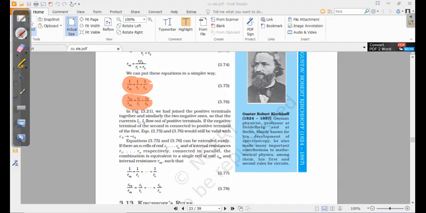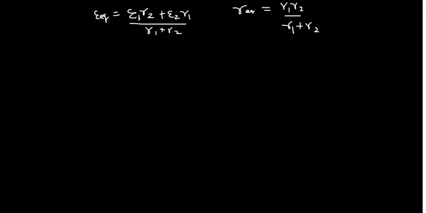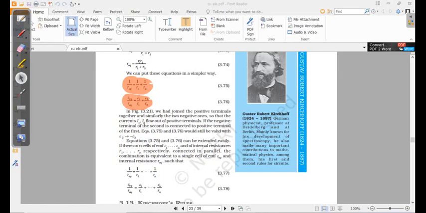Okay, let's take a different color, red. Yes, this one also: R1 plus R2 divided by R1 plus R2. On solving this we'll get R1 R2 divided by R1 plus R2, which is R equivalent. Similarly, on solving this also we'll get the same idea.